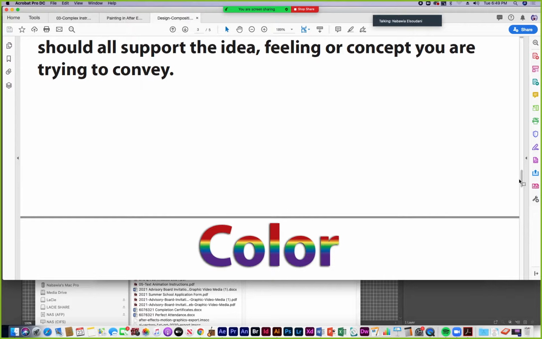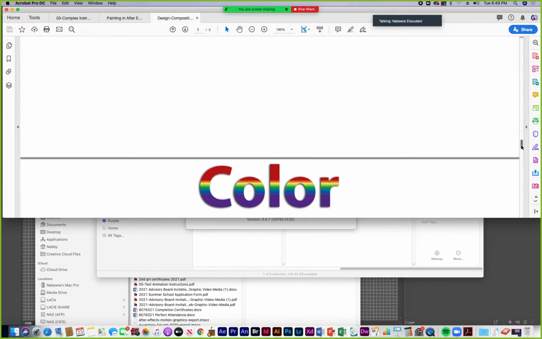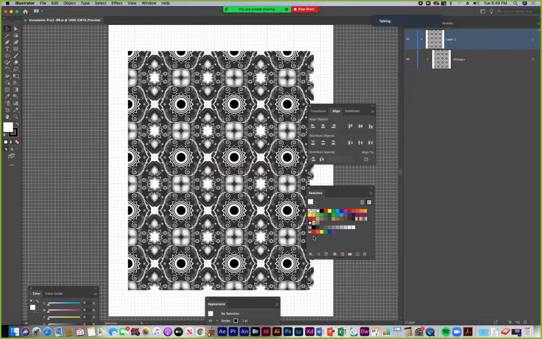Like in this case for our assignment, we're going to go with a complementary color scheme. That's the goal. That'll get you points for knowing what a complementary color scheme is and how to apply it in Illustrator. So we're going to learn about that today. And I'm going to start with showing you how to make a color wheel just within Illustrator. It's like the no mess version of creating a color wheel, because normally you use paint and you mix paint.